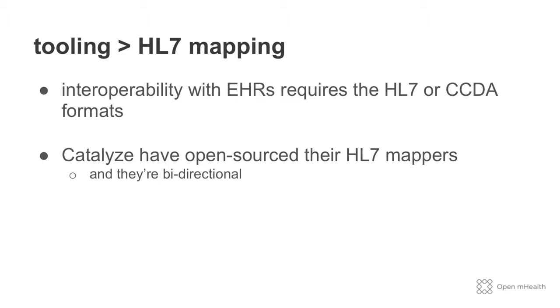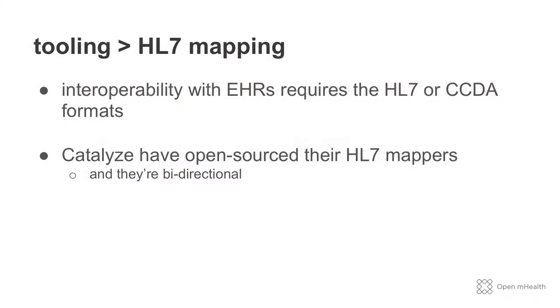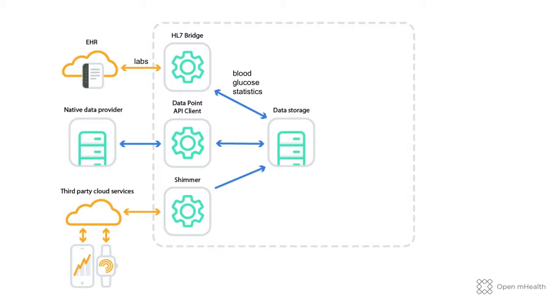There's more information out there. EHRs have lab results, and we want lab results to check, for example, the blood glucose information which has been gathered over time. In order to reach into EHRs, we're working with Catalyze, who've open sourced their HL7 mappers. They're here today, and they'll give a show and tell later, to get data into and out of the EHR, but working in our formats. When we add that to the system, we're now pulling in lab results, all into the same data storage place.